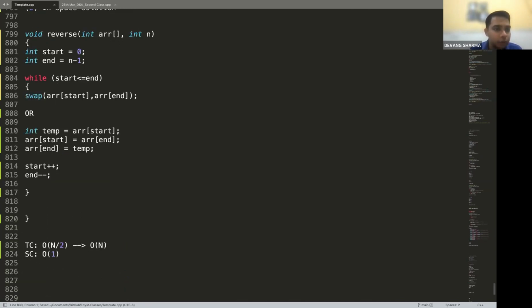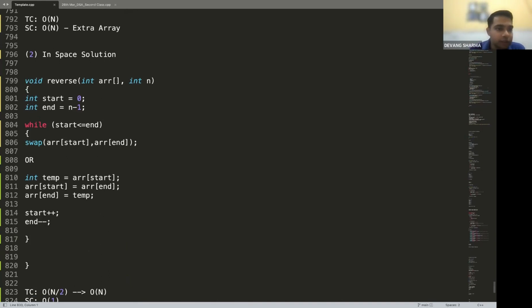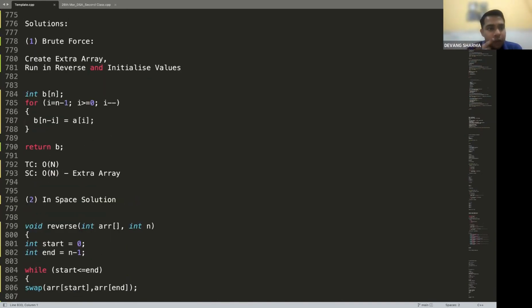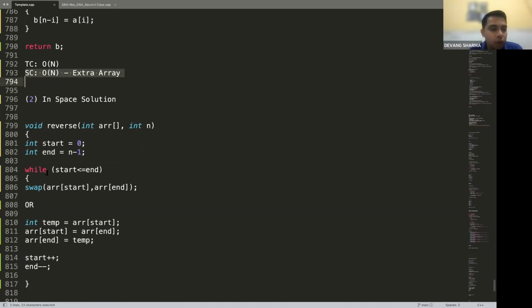But coming back to this question, in case you have to reverse an array, guys, two methods we have discussed. Either you can create an auxiliary array, auxiliary means extra array, and then you can reverse the values of the first array and put them in the second array. There you're creating an extra array, that's why space complexity will be big O of n. The in-place solution can be, without creating an extra array, I can simply traverse over the array and